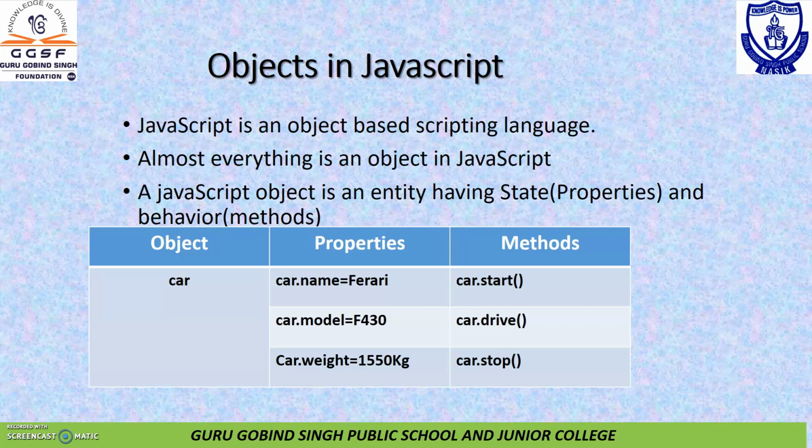Then what are the functionalities we can do with car? We can start the car, we can stop the car, we can drive the car. So those are the methods or functions of that particular object. They also use the same way to access with the dot operator, object name and dot operator. And the difference is that in front of the method name there is a circular bracket. In a property it is not there.